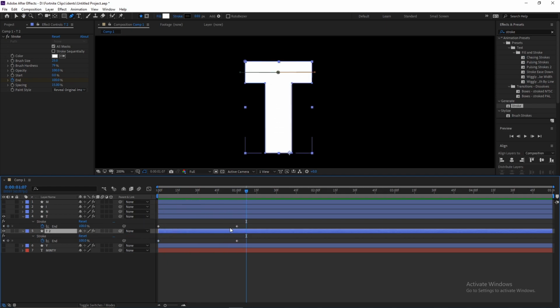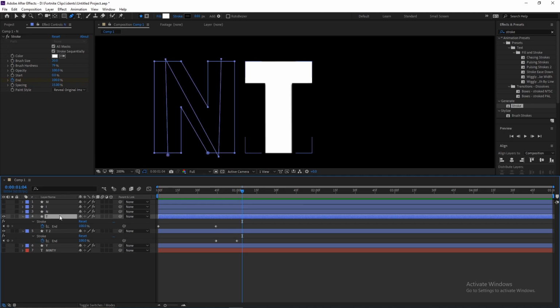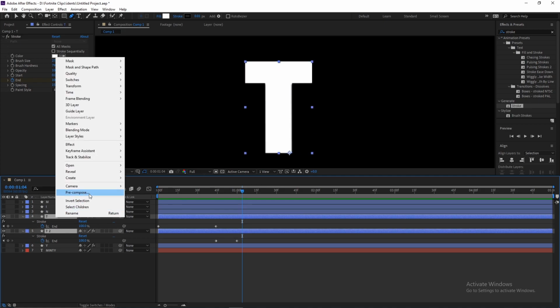And what you can do is move this keyframe about 45 frames in, and this one when the other one ends. So now you can see it goes in one wave. And then pre-compose these ones